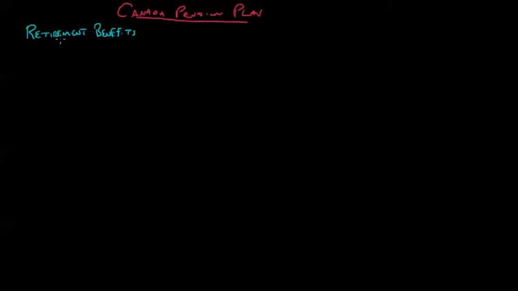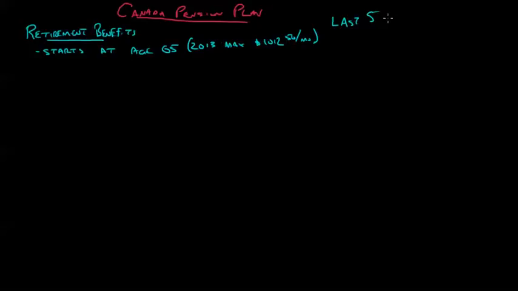So the normal Canada Pension Plan retirement benefit starts at age 65. That's the normal benefit. Now, for 2013, the maximum is $1,012.50 per month. That's based on a calculation from the last 5 years, and this is how you always calculate the maximum. We take the last 5 years